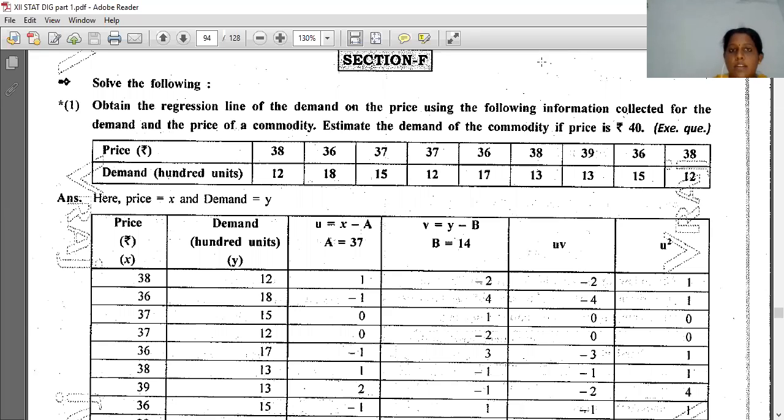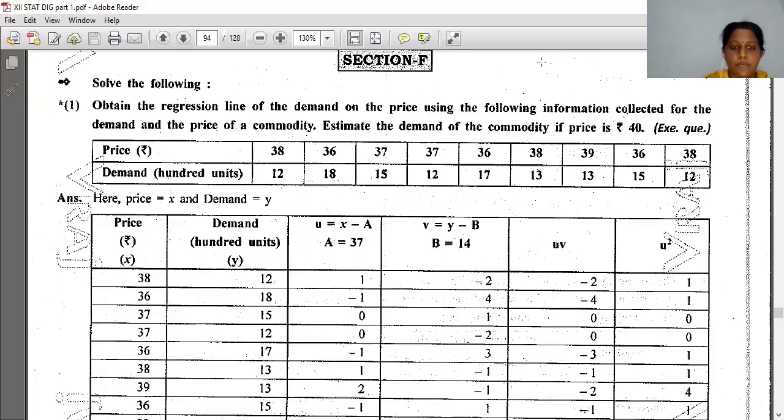And I told you that you have to complete Marvel first chapter. That was your homework. That first chapter from the Marvel, all the questions, you have to complete. And after completing the first chapter, you start with the second chapter. We will do all the chapters, one by one. Got it? So now let's start with our section F.